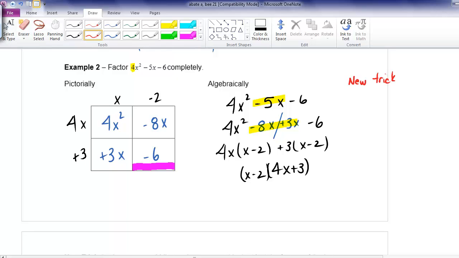Last day we looked for what 2 numbers multiply to the last one and add to the middle one. That worked great when there was a 1 in front of the x squared. Here's our new trick. What 2 numbers, what number pair